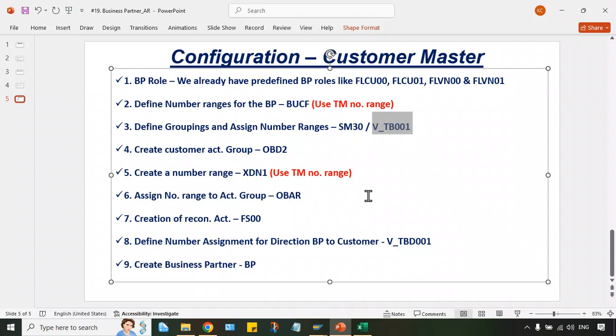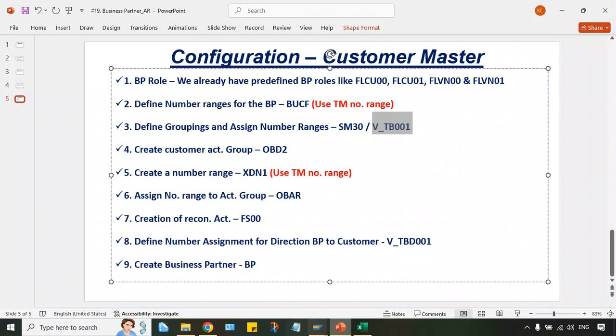But how will SAP be able to trigger this number range, guys? This number range will be triggered by the system with the help of this assignment. Against account group, we have assigned this number range. And of course, when you create the master data, account group is used for creating the master data.